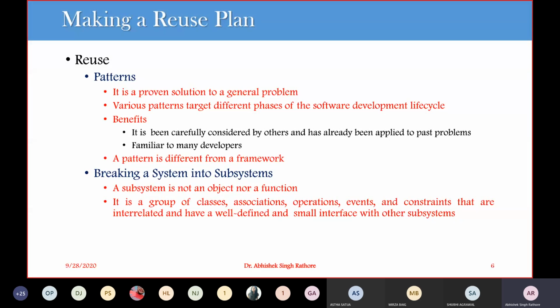getting many benefits from these patterns. One advantage of these patterns is that they are carefully considered by others, and they have already been applied to past problems. Consequently, we can say that a pattern is more likely to be correct and robust than an untested, custom solution that is invented or reinvented for a particular problem.